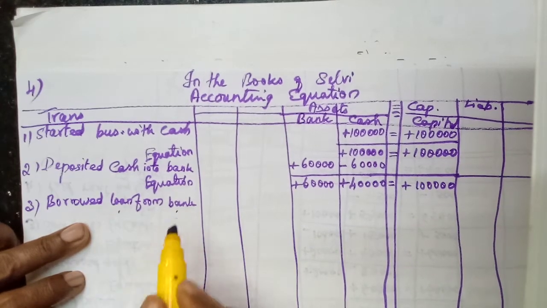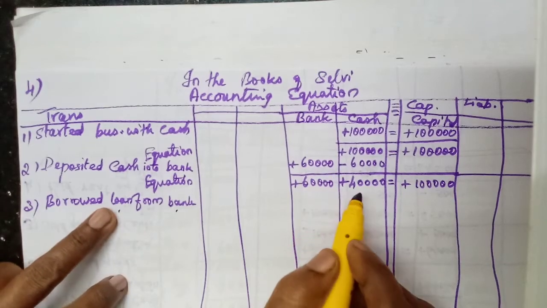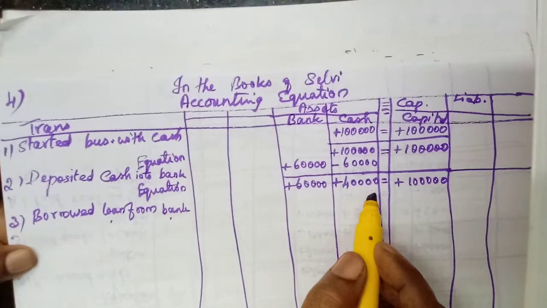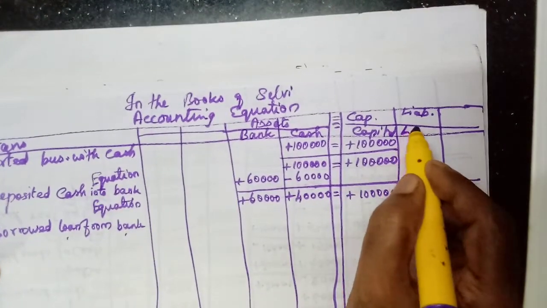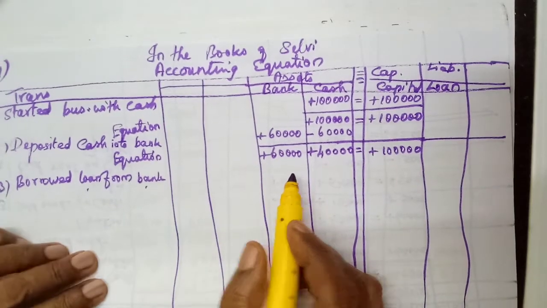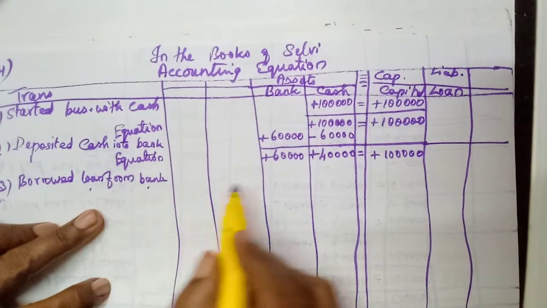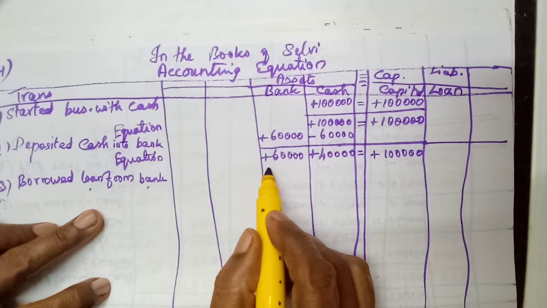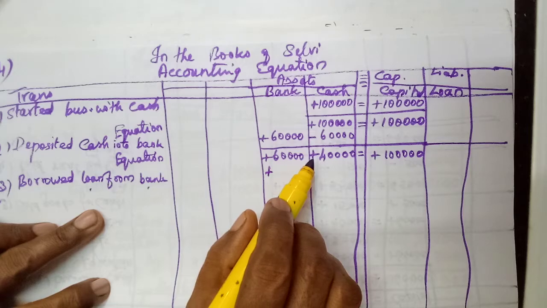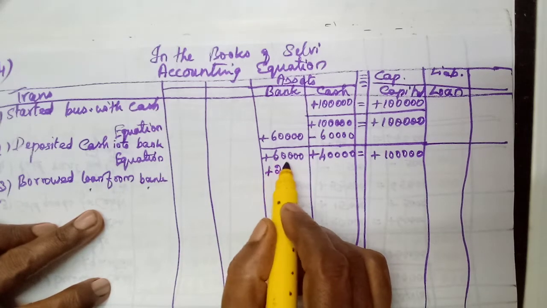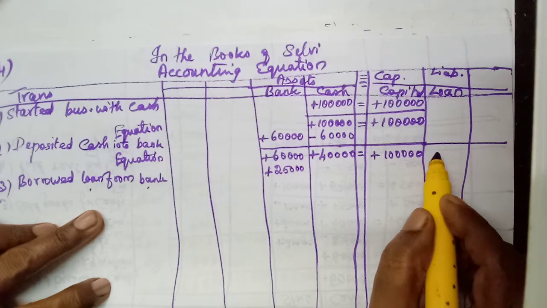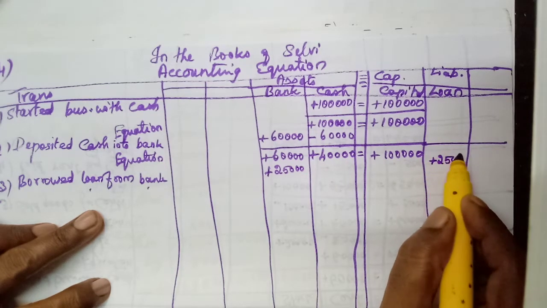Okay, loan and bank. Bank already available. We should write the loan. This is a liability because we need to pay back this liability. Okay, we can write this here, loan. Understand? So we will write. So here bank, it will increase, isn't it? What is the amount? 25,000. Then liability is also increasing, but loan 25,000.